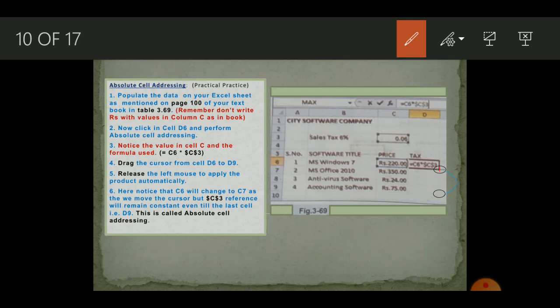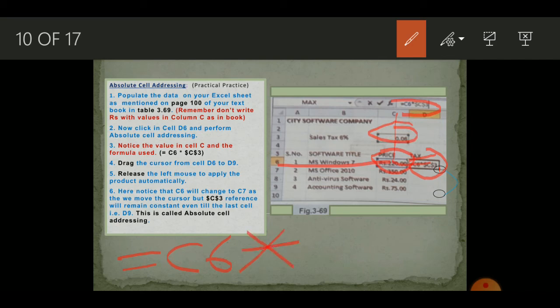Now for the first cell, click in the first cell where we are going to generate our result. Now type in the address bar, type equal sign. Now write the name of the relative cell. Remember, relative cell is the cell beside the other cell. So this is the cell that we are interested in with the value 220. So we'll write the name of the cell, which is C6, and then we are going to multiply this value with this cell's value. Okay, so C6 is relative.